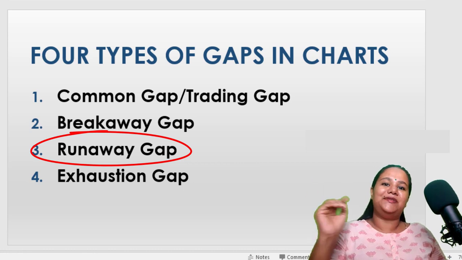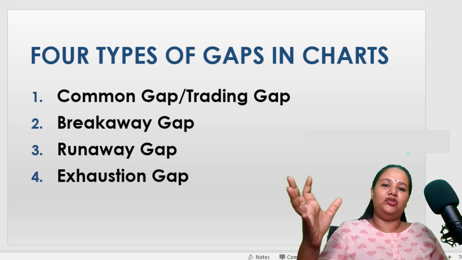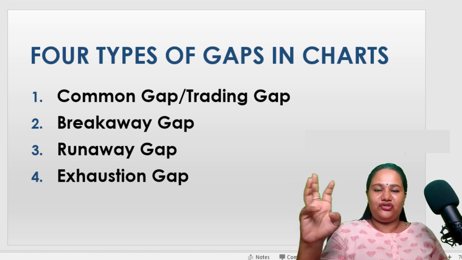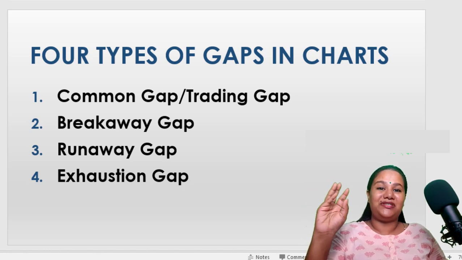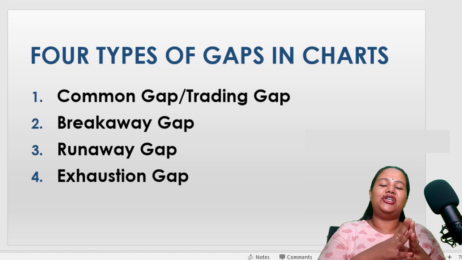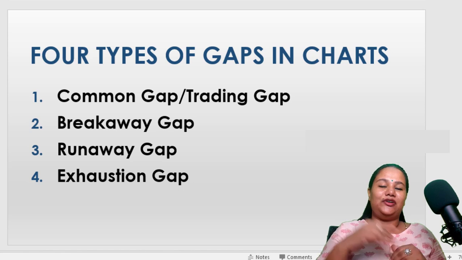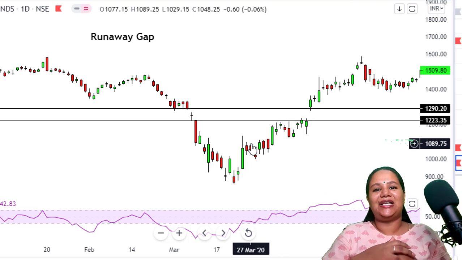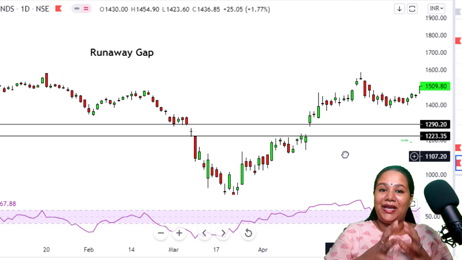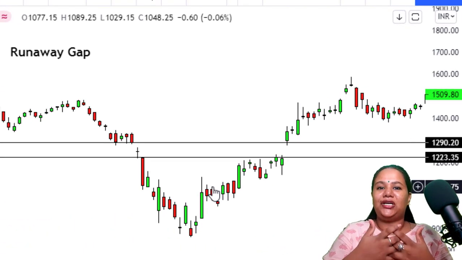Both breakaway gaps and runaway gaps can be identified because of their unique volume. There will be so much interest in one direction of the stock that you will be able to understand that this gap is a very, very significant gap, and that it is going to be difficult for the price to come back to the previous support or resistance level to fill the gap. A runaway gap is also like a breakaway gap, except it does not necessarily have to happen from a price action pattern. The main significance of a runaway gap is that there is a sudden interest in the direction in which the gap has happened.